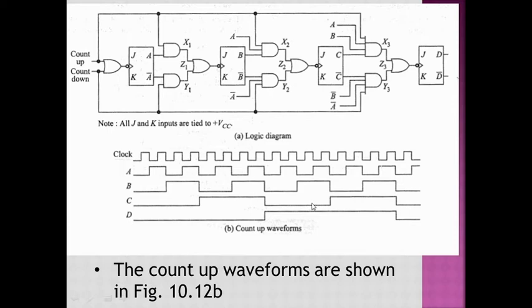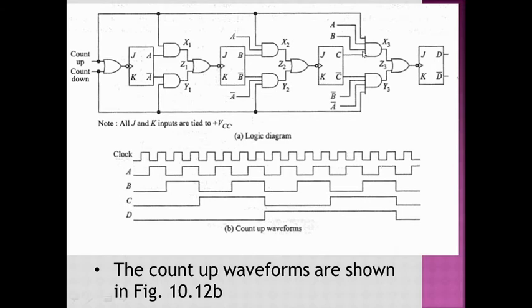So X2 is going to be disabled and the clock pulse is not passing. But as soon as the 12th clock pulse is coming, prior to that, A and B are going to be high. So the 12th clock pulse is passing through the X2 and Z2 available to the flip-flop C and the flip-flop C is going to toggle. On the 16th also it is going to toggle. So on every fourth negative edge of the clock pulse, flip-flop C is going to toggle.